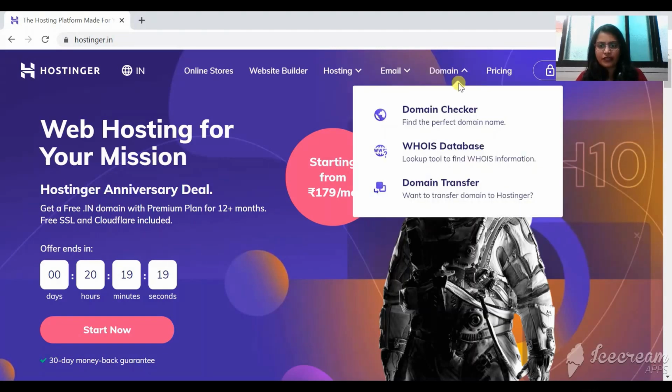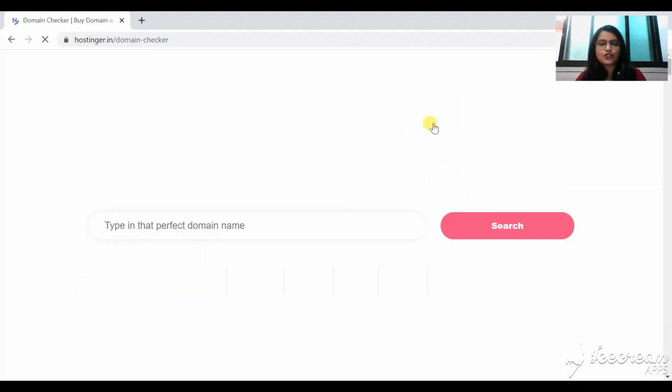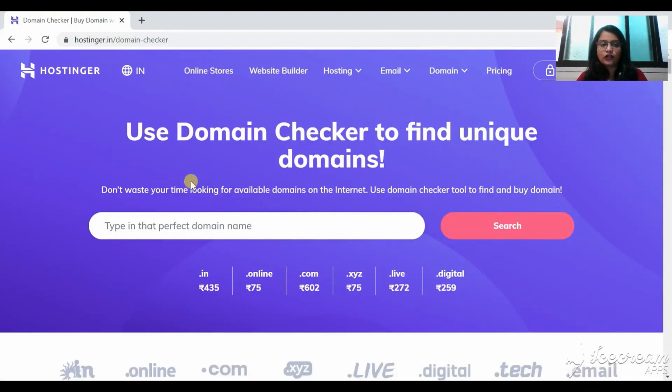When we click on domain, there are three things: domain checker, whois database, and domain transfer. Domain transfer is used when you need to transfer the domain from another service provider to Hostinger. Whois database will give you the details of the owner of the domain, and with the domain checker, of course, we can check if our domain is available or not.